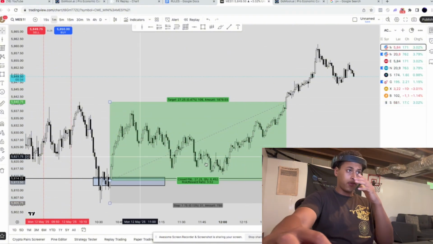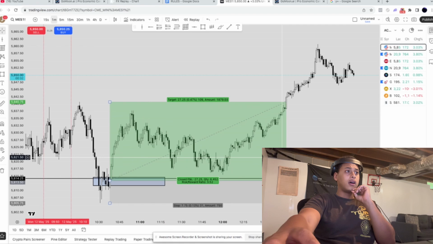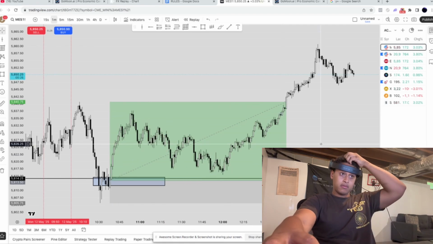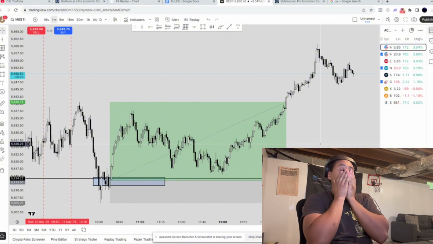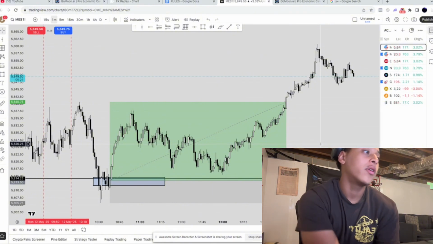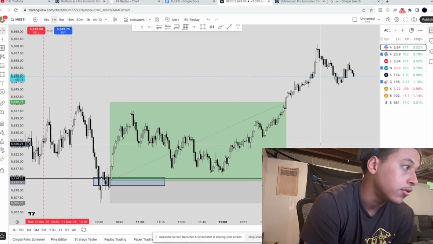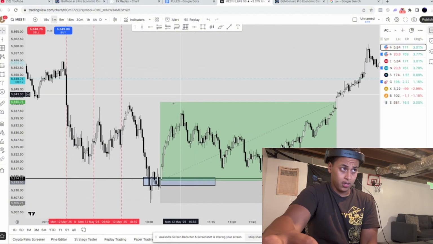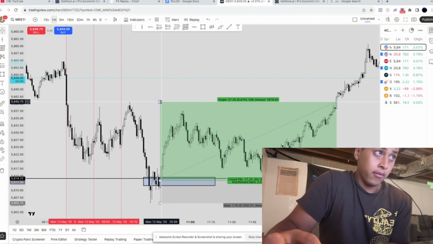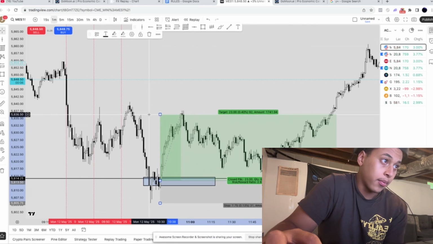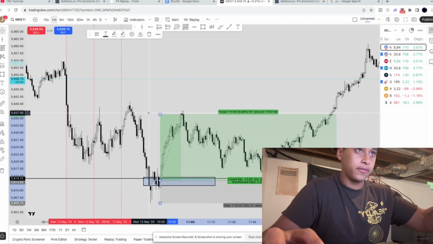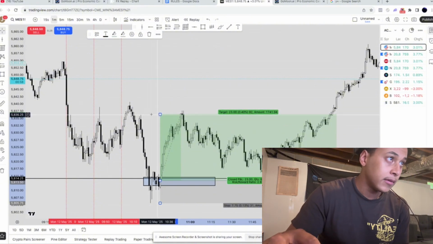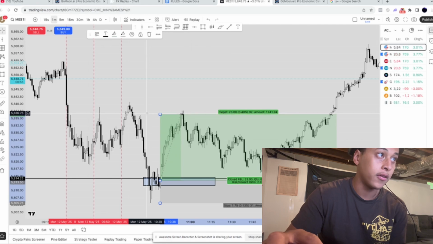But this whole thing right here for me is just too choppy. Just way too choppy for me. I like smoother price action, just because I don't want to be in a trade for longer than like an hour or two. And this would have hit take profit after like 2 hours, which is just not ideal. So that's why my take profits have been like right here, like one or two, like the previous high. Like right here would be a solid take profit for me.